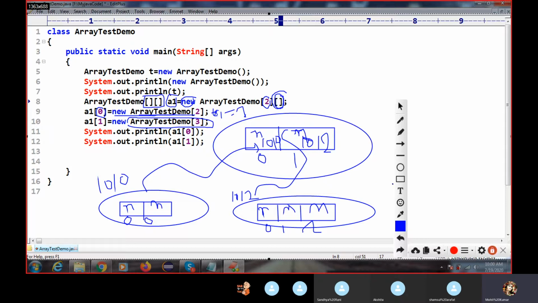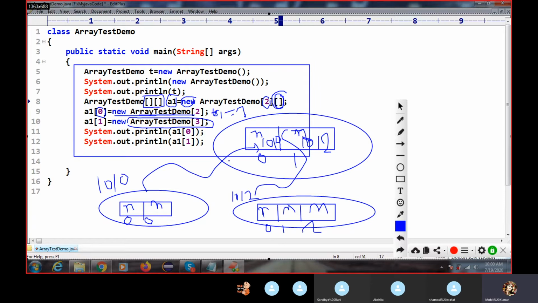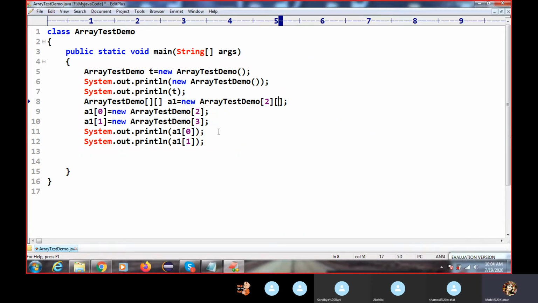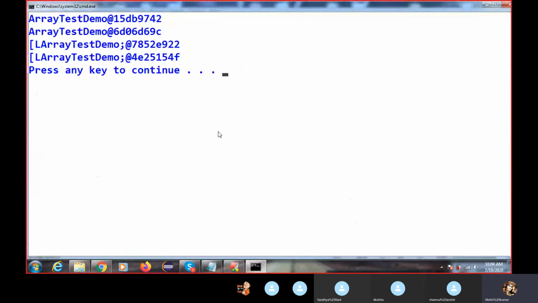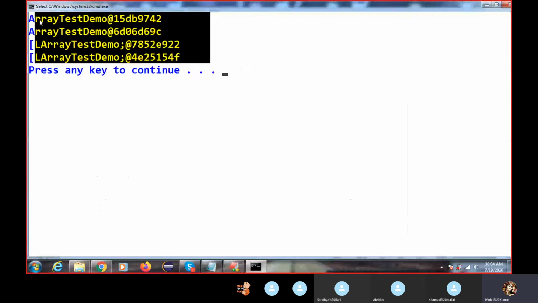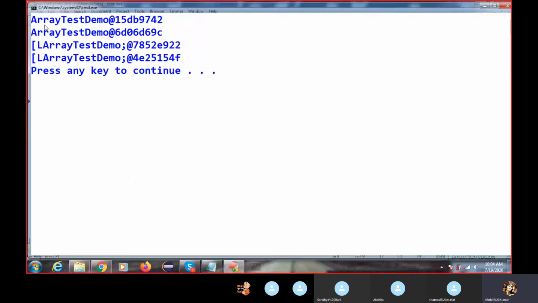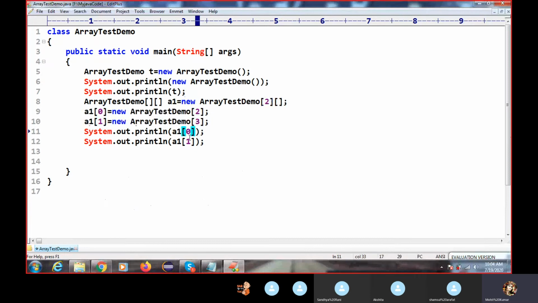We can see this 2D array in Selenium, where you can apply it. Now I am just printing this value. We are only printing this value, and we did not store anything, so it will print only the hash code, right? So a of 0, a of 1: this hash code value is printed because it is an object, and it is nothing but a random number generated by the JVM. So this will print the hash code. Got it, right? This is your simple array. I have given this example to show what will happen if you print this.